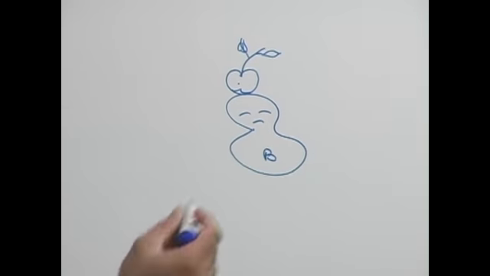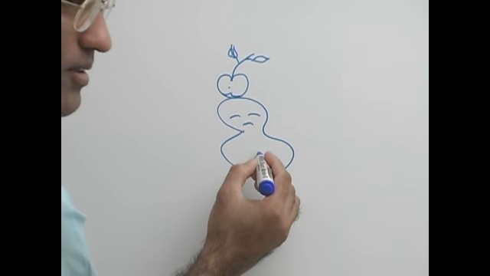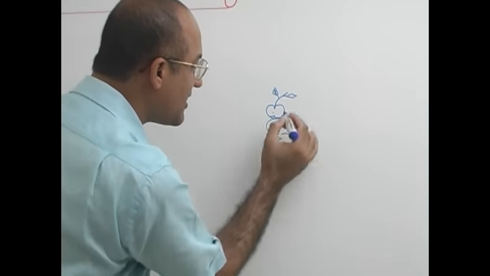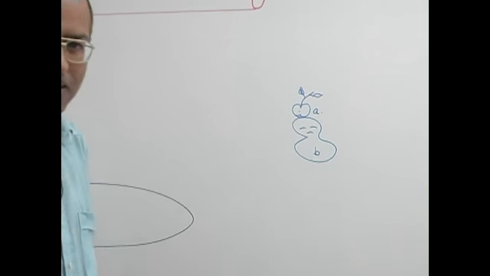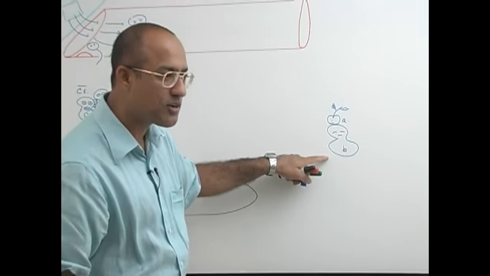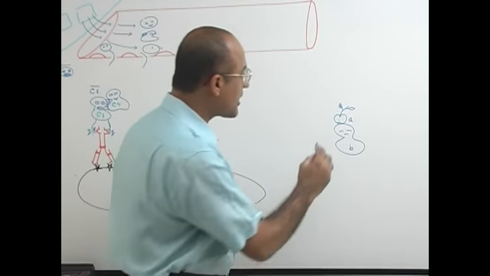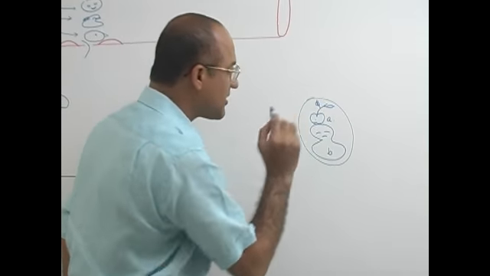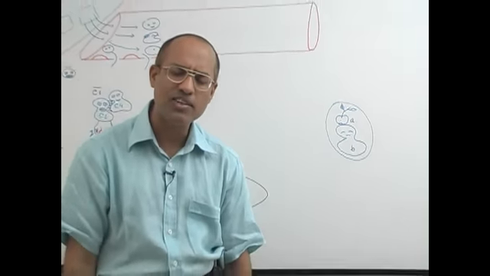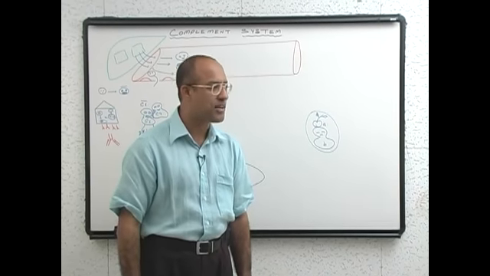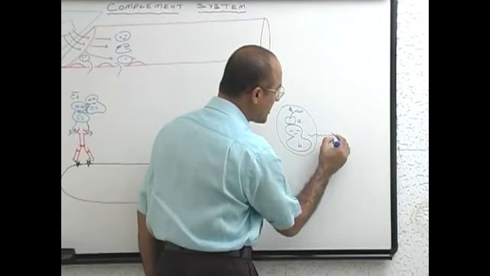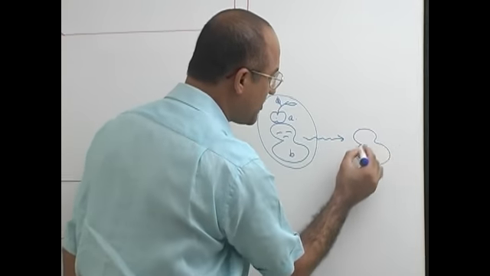Or we can simply say B for baby, and A for apple. So it's B part and this is A part. Most of the complement proteins have A for apple, B for baby. Not difficult to remember. When A and B are complexed together, they are inactive. When they are stimulated, look, the baby is sitting with an apple on its head, and it is activated. What will happen to the apple? It will go away. So when it is activated, the baby becomes active,